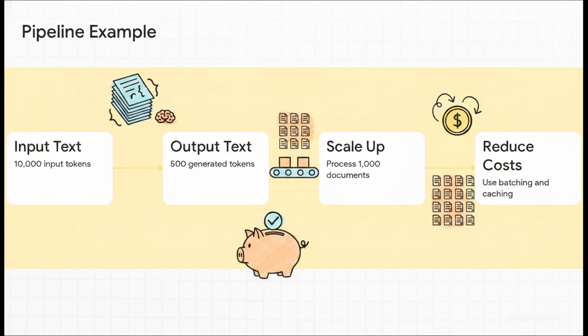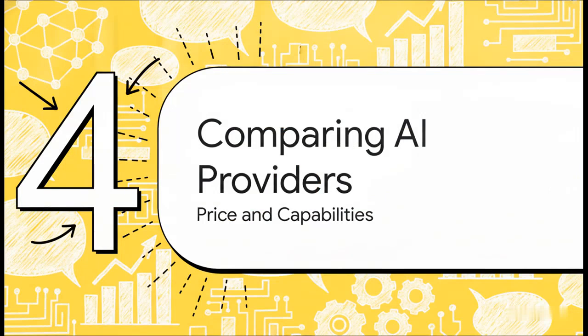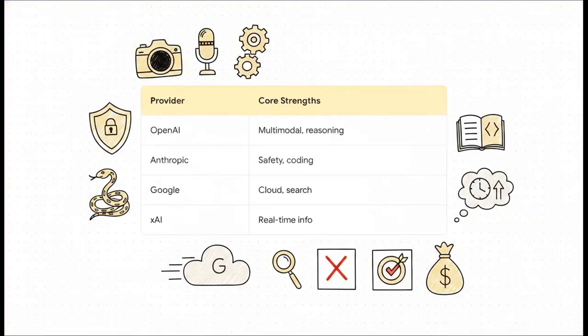And if you use cache system instructions on top of that, you shrink that bill even further. It just goes to show how your application design directly impacts your bottom line. Which brings us to Section 4, comparing top AI providers. Because honestly, understanding the math is only half the battle, right? You also have to pick the right vendor, and making that choice in 2025 is all about balancing pricing with